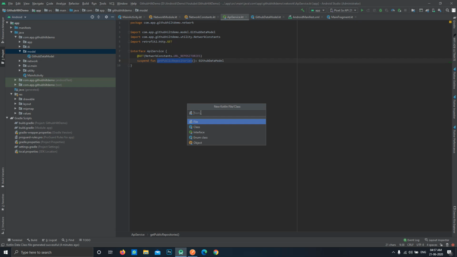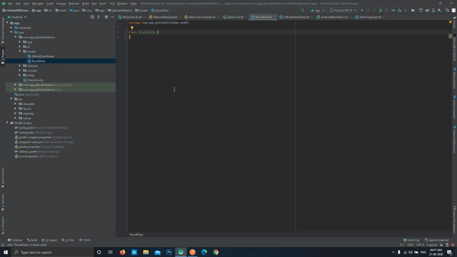Let's call it ResultData. So this will be a class, and for creating a sealed class we need to add the keyword sealed before the class, and this will be a generic class.